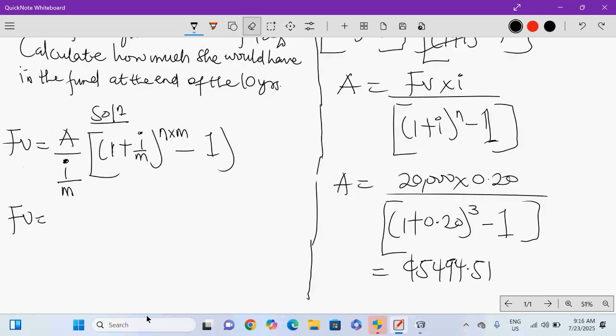So now, in order to make my work simple, I would even adjust it before I insert it. But you can also just punch everything on your calculator and get it. But if you're not careful, you might get it wrong. So let me get my I. The interest rate given is 12%. 12% is 0.12 all over the multiple compounding, 12 months. What do I have? 0.12 divided by